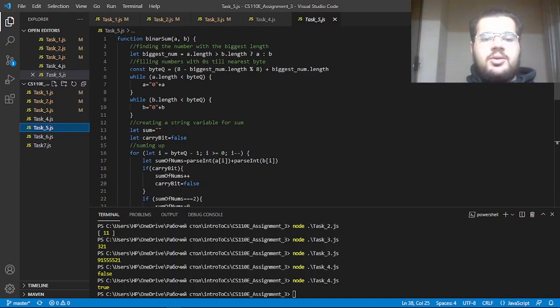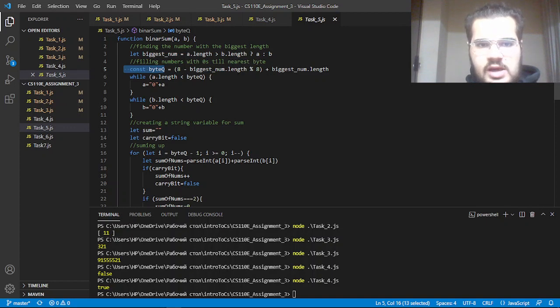For example, I've created a function binarySum which takes two arguments, a and b, and then it defines which number has bigger length, and then it fills both numbers with zeros till the nearest byte, and it computes the nearest byte for both numbers by this equation,